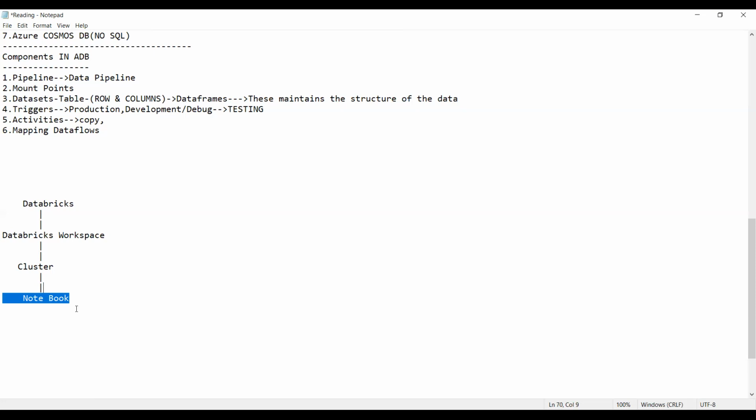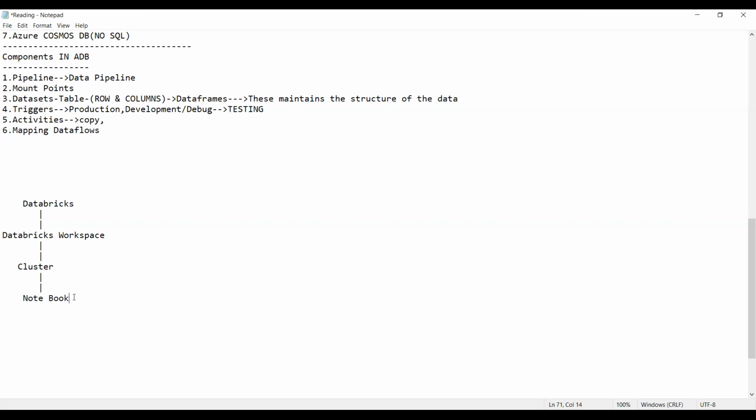In the same way, here, whatever language we use, whether Scala or R or Python, all the code we are going to write on a notebook. In a single notebook, we can write commands in 4 different languages: Scala, Python, R, and SQL. All these languages' code we can write on a notebook.